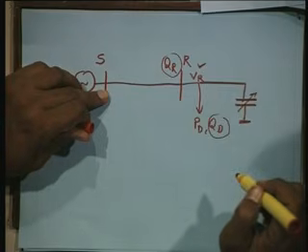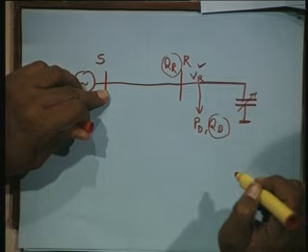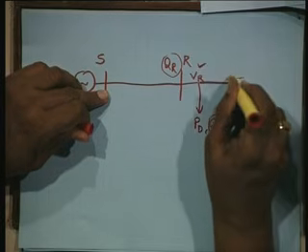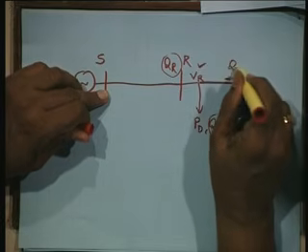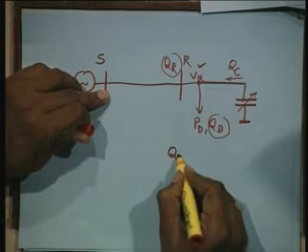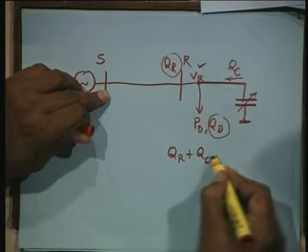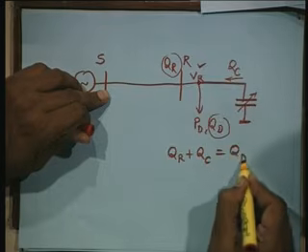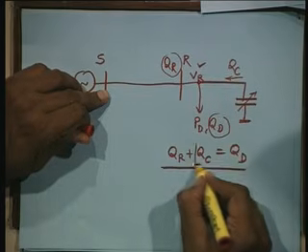Bank of capacitors. And this is QC. And then apply Kirchhoff's current law here. QR plus QC should be equal to QD. So this you are importing